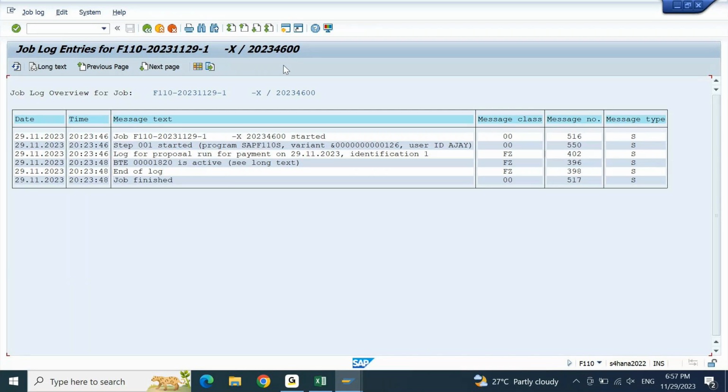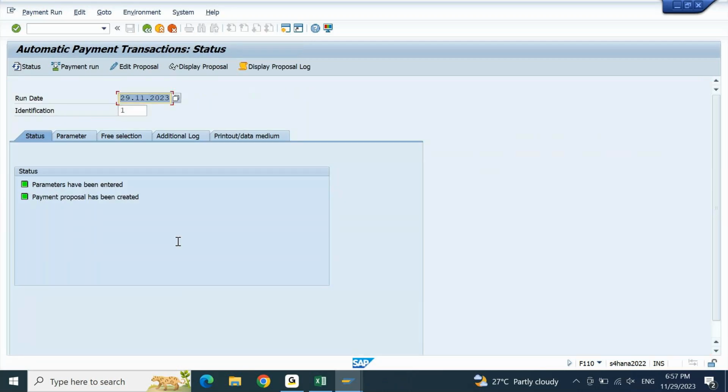you are getting a message, but nowhere you are able to see any log. Why is it green? Why is it red? Now there is no log because we have not enabled any log. In order to get the log, you have to enable or activate the log for the vendor